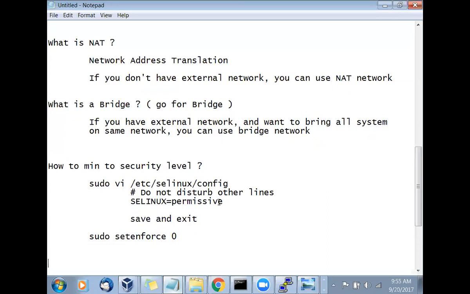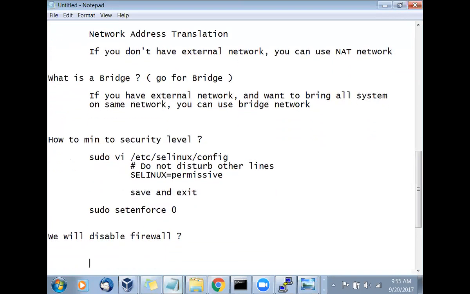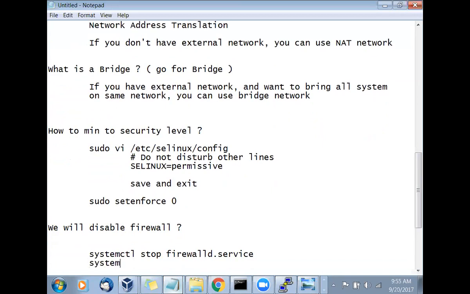The second thing we will do is disable the firewall. I'll say systemctl stop firewalld.service, and systemctl disable firewalld.service. This is for which version? CentOS RHEL 7.x.